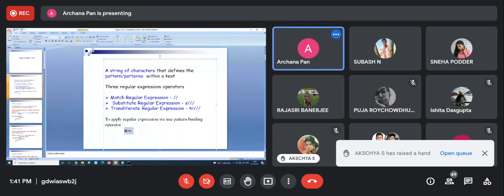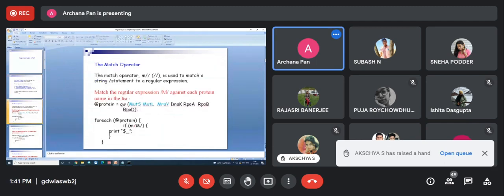First we will learn the match operator. The match operator can be represented by either m, slash, or just without m it will also work. Only 2 forward slashes you can write. Whatever you want to match you have to write within these 2 slashes.